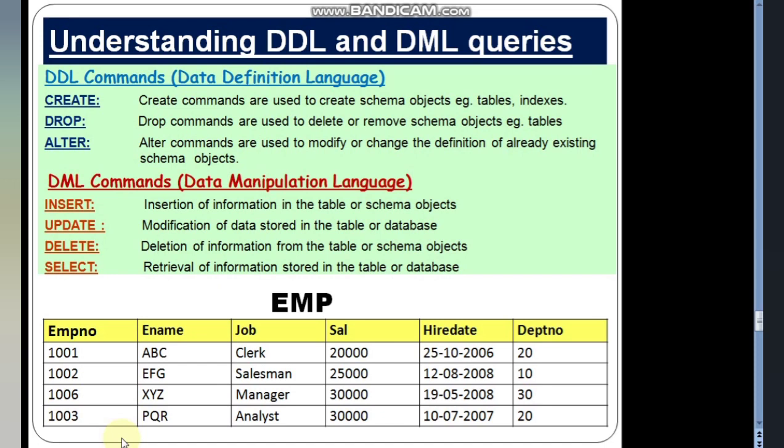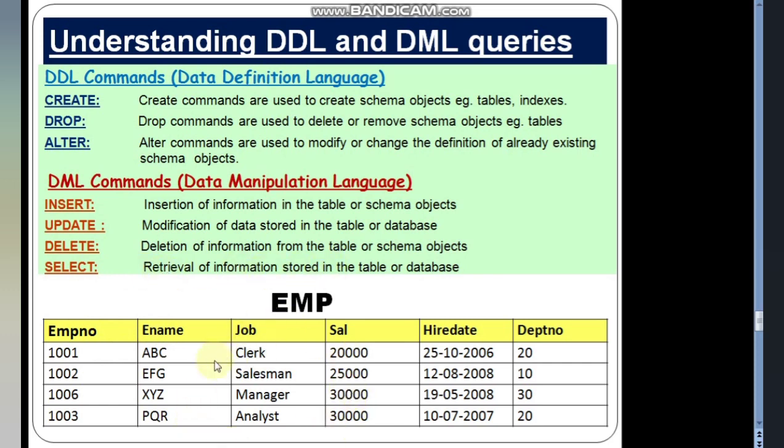So suppose you want to insert in that table which you have dropped, you have to create that table again. But if you delete the records and then you want to insert, you can just insert records because the created table is still there. Hope you have understood. And finally, the select command for retrieval of information stored in the table or database.